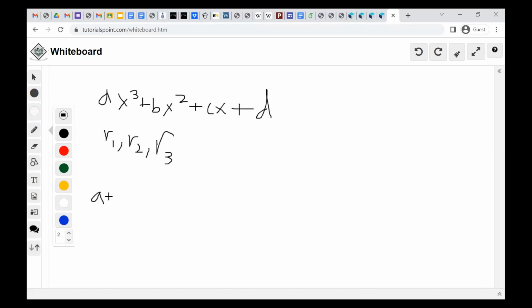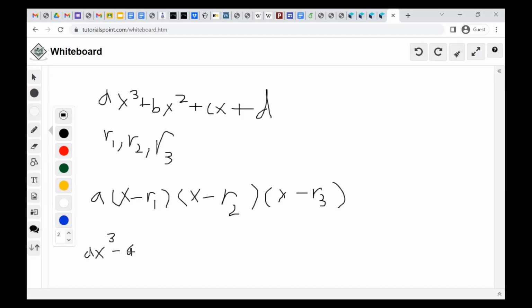That means we can factor this as a times x minus R1 times x minus R2 times x minus R3. When we expand this, we get ax cubed minus a times R1 plus R2 plus R3